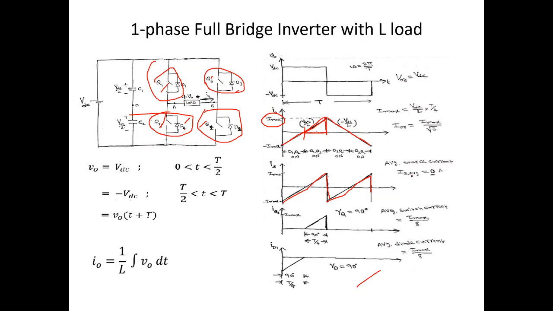The power delivered to the load is equal to 0, which is possible if and only if the average value of load current or source current is 0. Of course, you can verify from the waveform also. Here each switch is going to conduct for 90 degrees and each diode is going to conduct for 90 degrees. If I consider a full cycle equal to 360 degrees, each switch is going to conduct for a quarter cycle only.